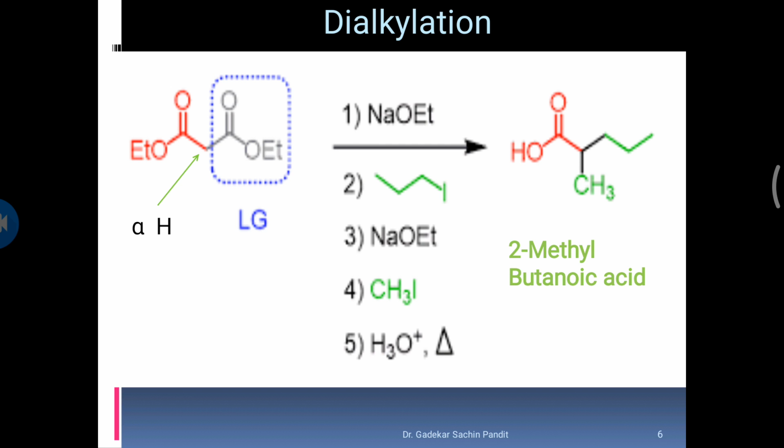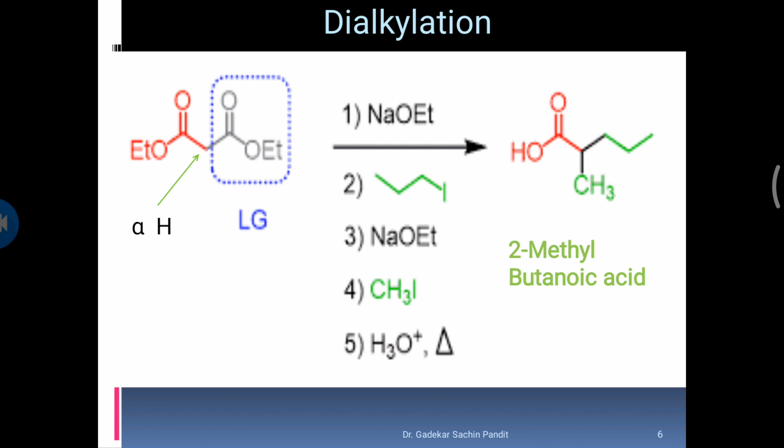Okay, so malonic ester has alpha hydrogen atoms, and they are weakly acidic, and are used to form its enolate. Okay, so here Lg is the leaving group. Okay, and red is the conversion of ester to acid, and Lg is decomposed after acid formation.